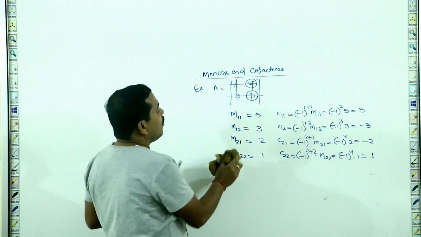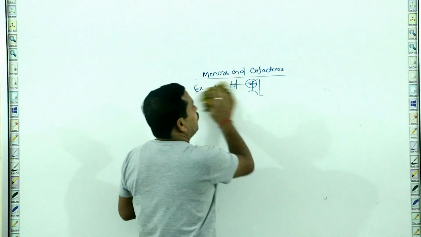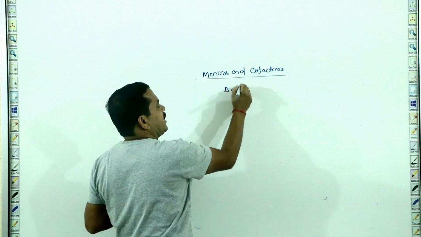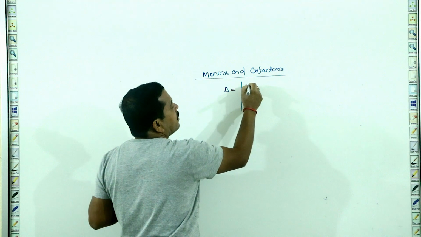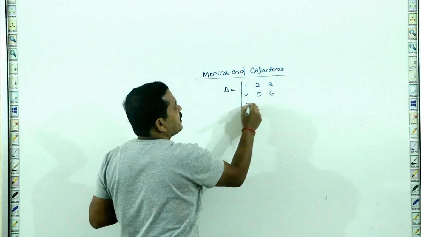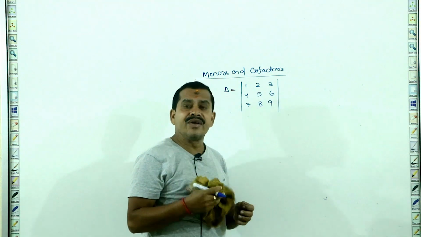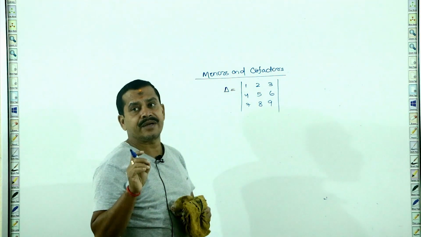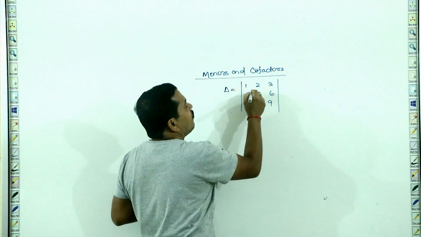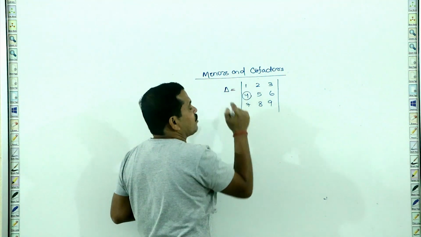Now we shall discuss the third order determinant. The process is the same. Consider a third order determinant as 1, 2, 3, 4, 5, 6, 7, 8, 9. This is a third order determinant. How can we find the minor and cofactor of each element of a third order determinant? So consider the element 4. This is an element of the second row but first column, means